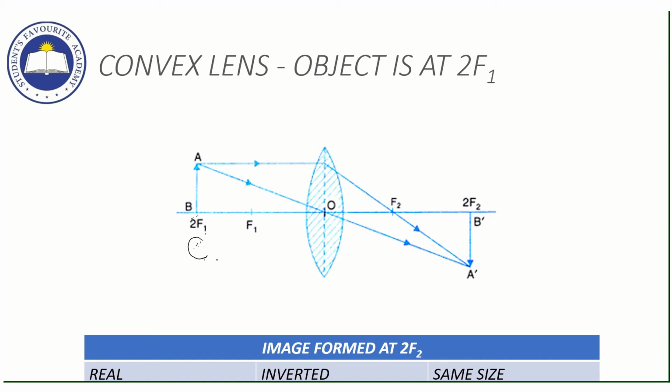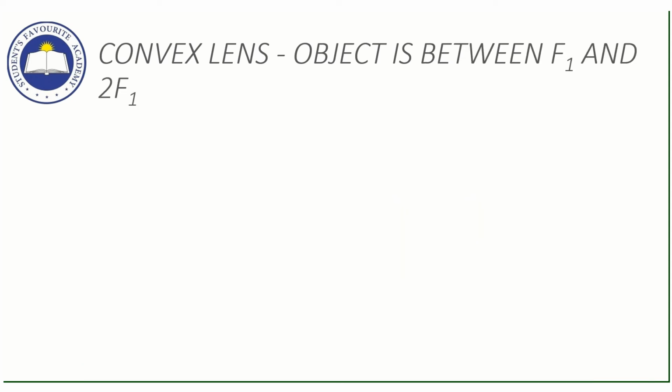A ray which is parallel to the principal axis as usual will go through the focal point f2, and a ray through the optical center will go undeviated, so they both will meet here. The image is real, inverted and the same size as the object. When the object is between